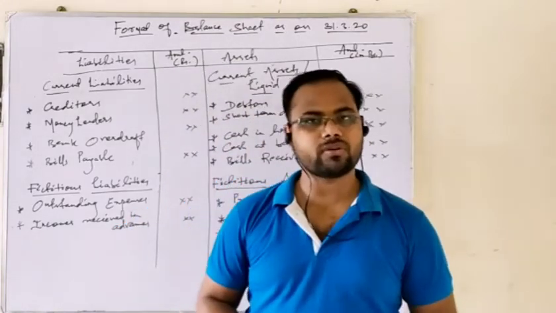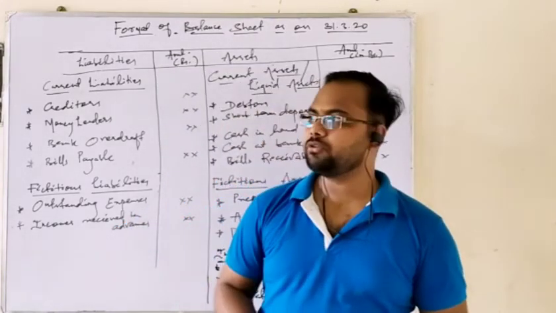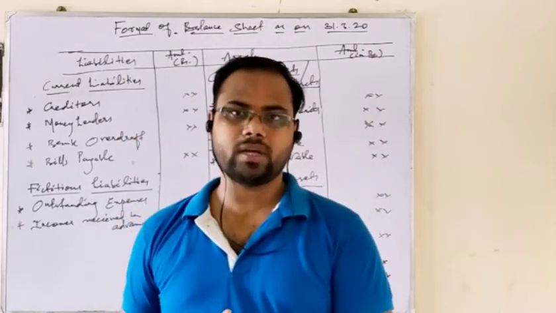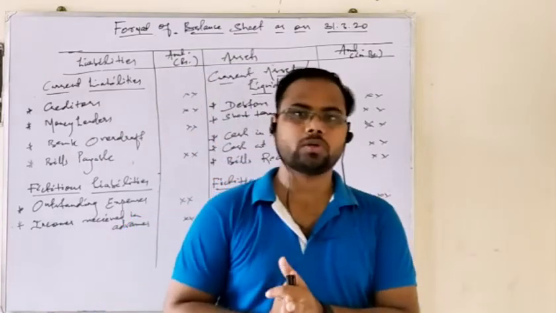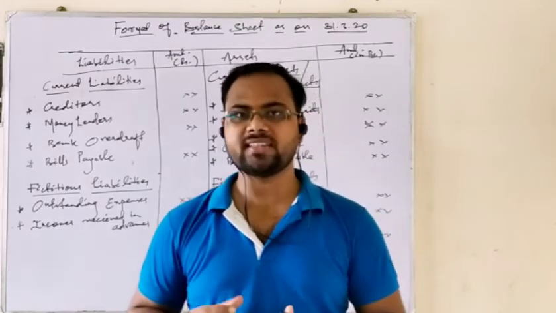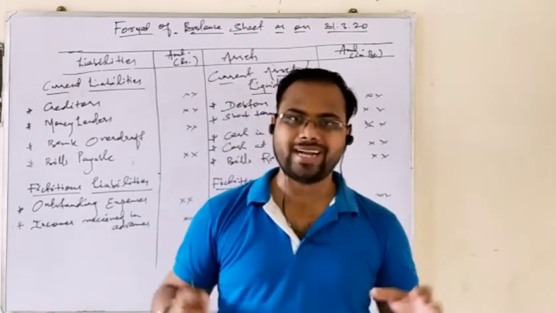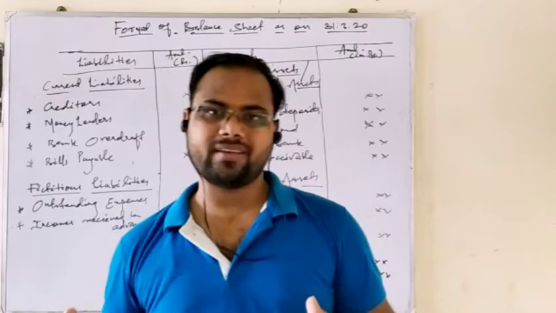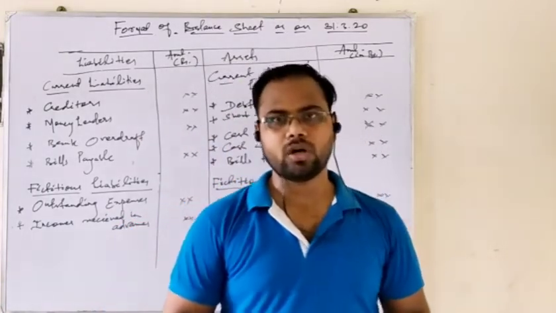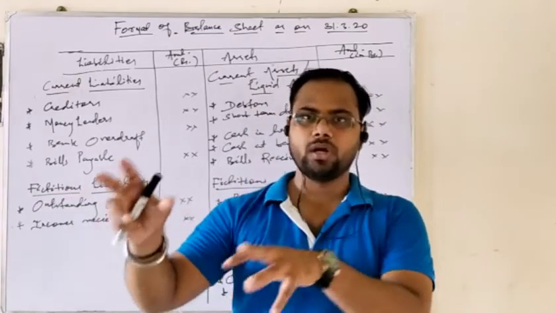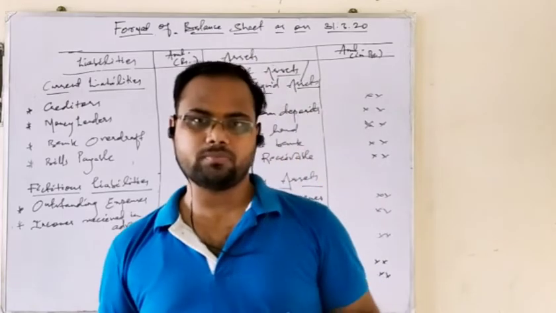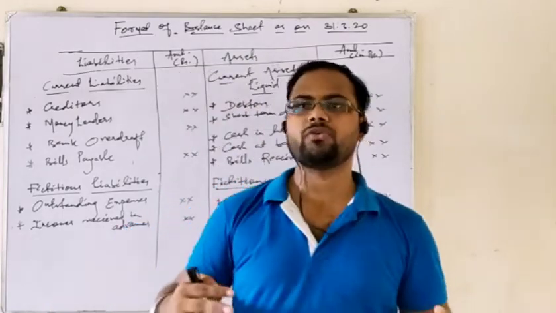There are various examples of contingent assets and liabilities. If you take the example of contingent liabilities, that means any court case pending. Like you have sold goods to your customer and there is a defect and he wants to return it but you refuse to take the return and he filed a case on you. So that case pending in the court is a contingent liability, because you do not know whether the hearing will come in your favor or in his favor. Or another example of contingent liabilities are provisions and reserves, the provision for bad debt, the provision for discount on debtors.